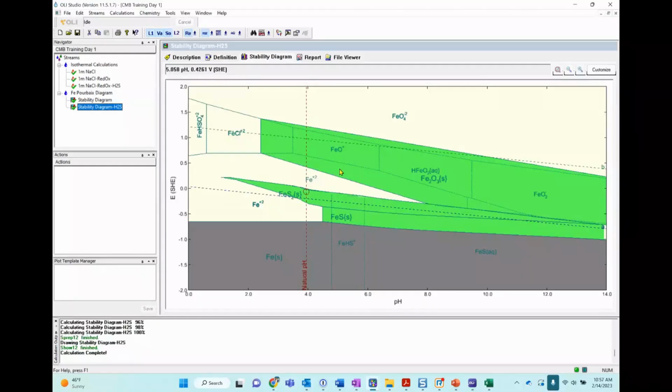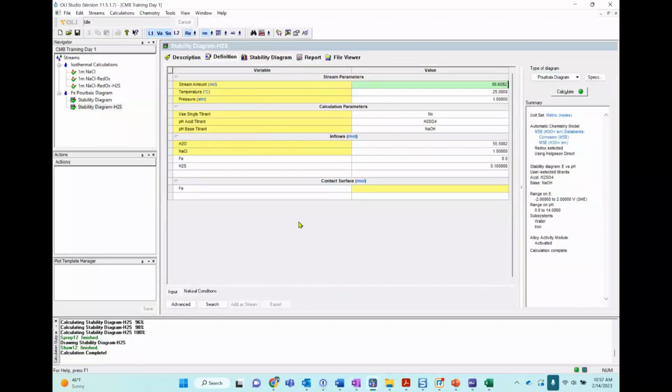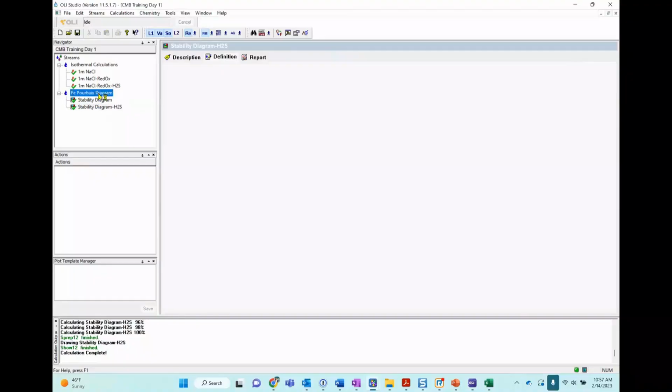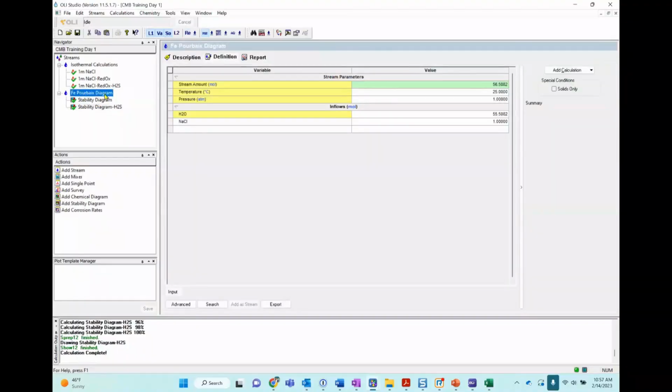Diana, could I ask you something? I'm having some problems in the definition part. In the inflows, the units appear as mole per hour, not only as mole. Okay, so what we can do is click on the stream level here, the iron carbide diagram, and go to your units manager.